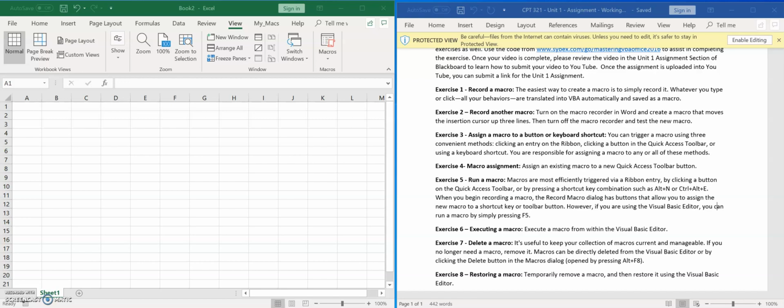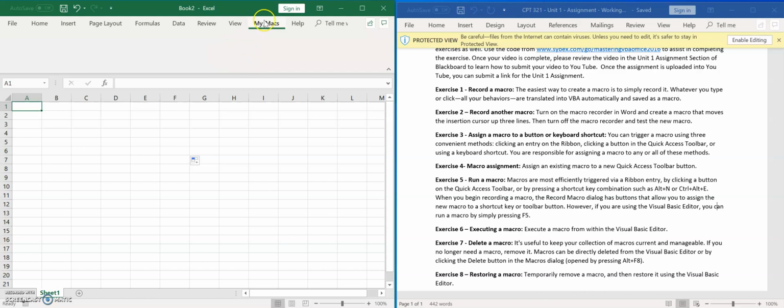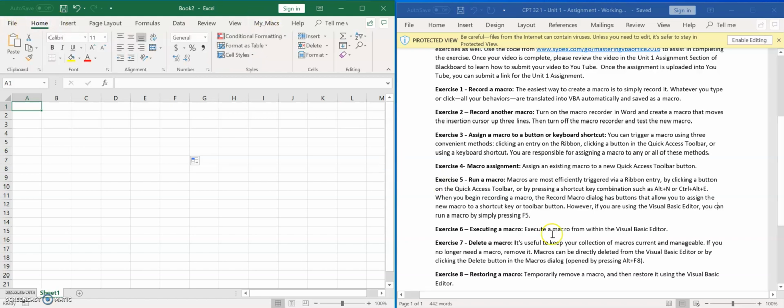Alright, we're going to record a couple macros here. Whenever we actually record them and create them, we're going to be able to assign them to a shortcut button. And then we're going to take a macro and put it in a custom place here on my toolbar that I've created called MyMax. And then we'll execute a couple, we'll delete one, and then as far as restoring,